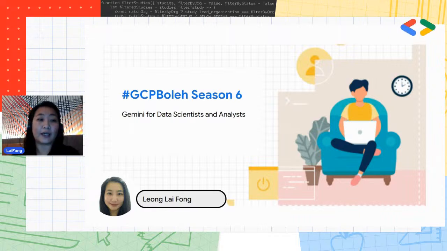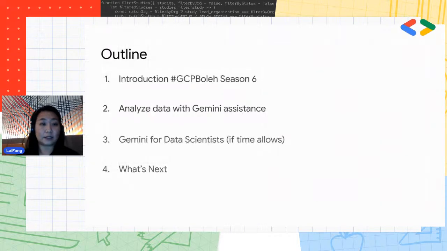So for today, we will cover one of the quests included in the GCP Bole, which is Gemini for data scientists and analysts. This is the outline for today. We'll go through a bit of introduction on GCP Bole for those who are new, who just heard about GCP Bole. You are not late. You can still join us and start the learning journey, and then I'll go through a few steps on how you can start